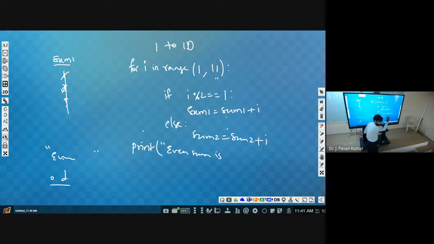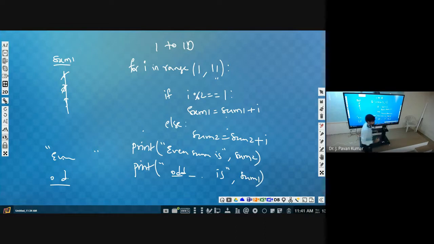We have to close the double quotes. Okay, then comma sum 2. That's it. "Odd sum is", okay.